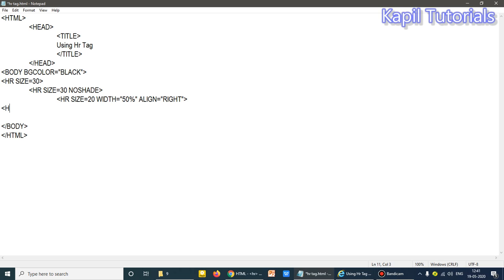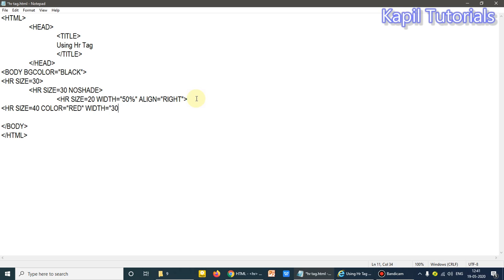If I'm using HR, size is equal to 40, color is equal to red, and then I can also give width is equal to 30.